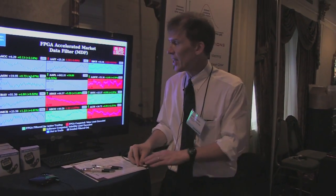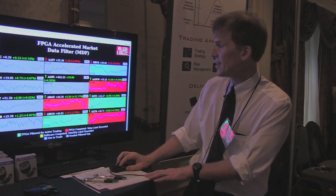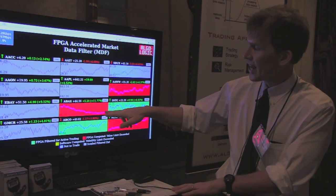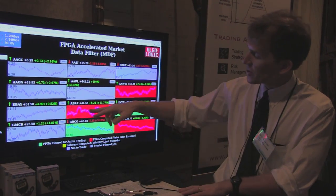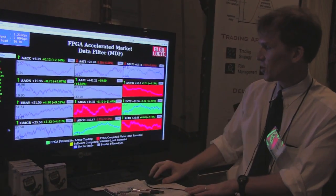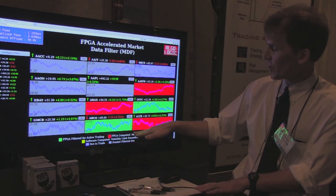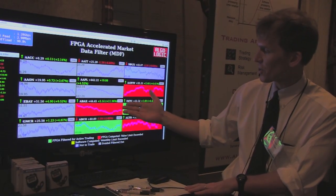Just to show some of the neat things that the FPGA hardware can do, we can also select criteria by which we'll mark trading activity. For example, when it goes red, that's indicating that a large transaction for the symbol just recently happened. We can also have other criteria that are software-defined functions. A software-defined function might be if the volatility exceeds a limit, you might want to indicate that. Or in the case of the FPGA hardware, if the total value of a transaction exceeds a threshold, it'll do